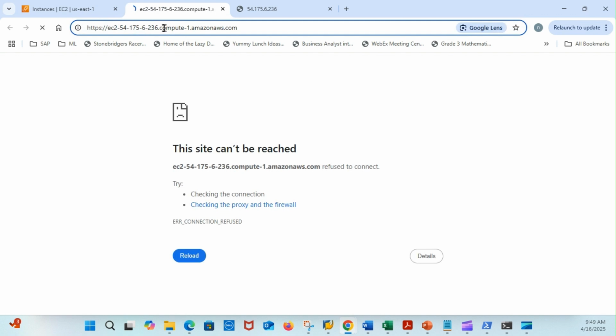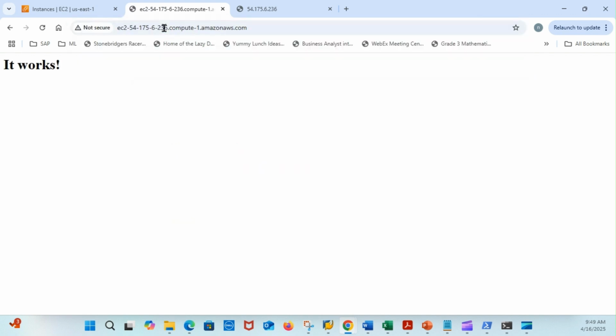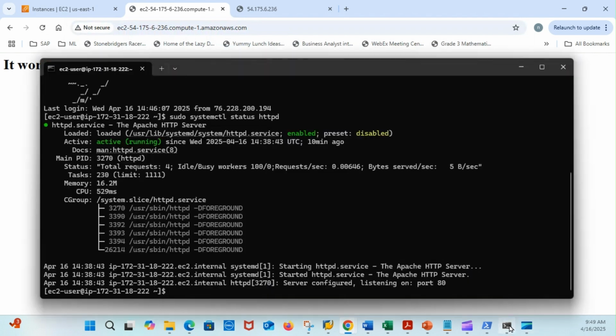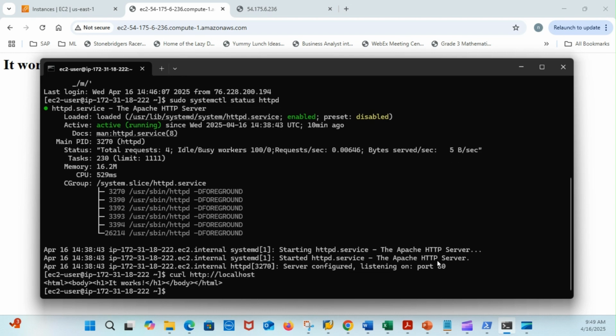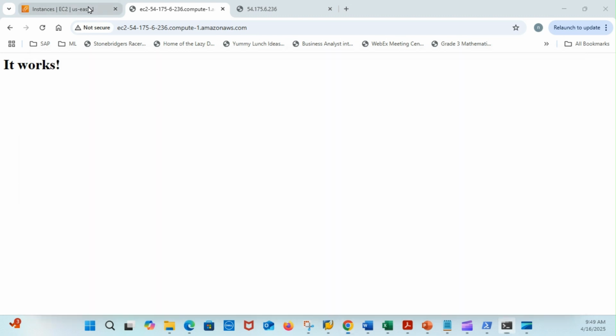I can also use this, and then it says war. And then you can also do curl, and then this one will return the response from port 80, the index. All right. So I think we verified,